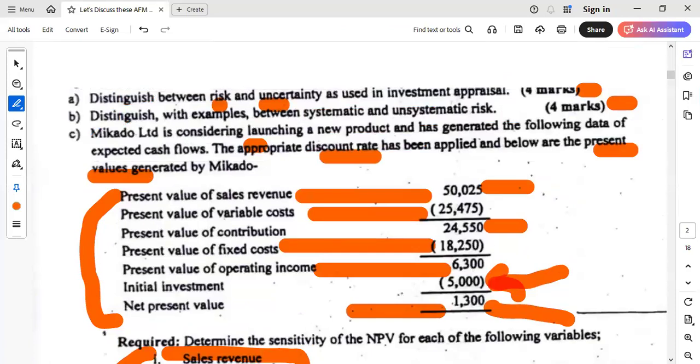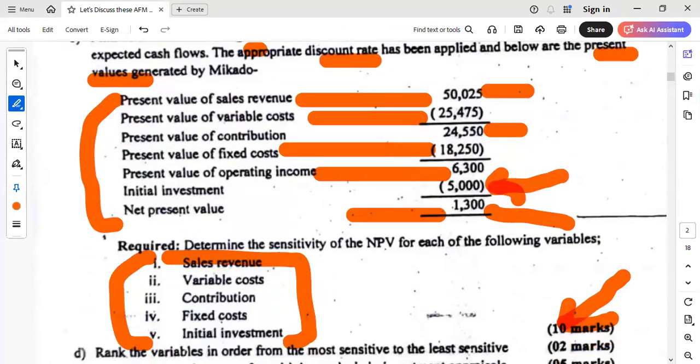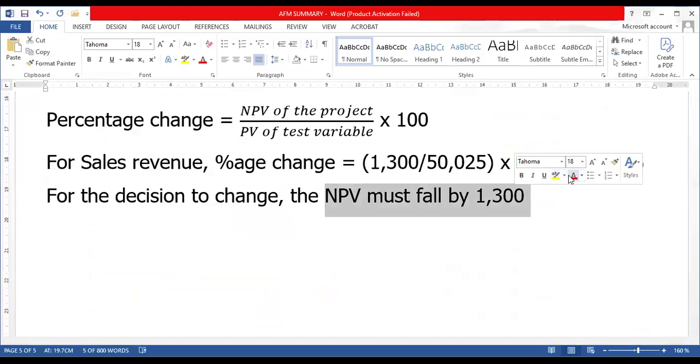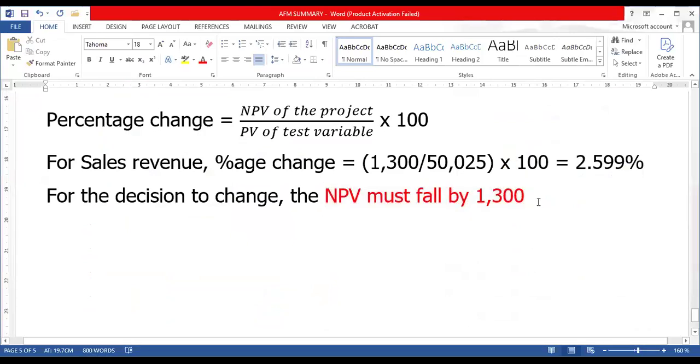Okay, since the examiner didn't clarify, you just do it like that because here we don't have the sign. So for the decision to change, my NPV must fall by this. Okay, but for this to happen,